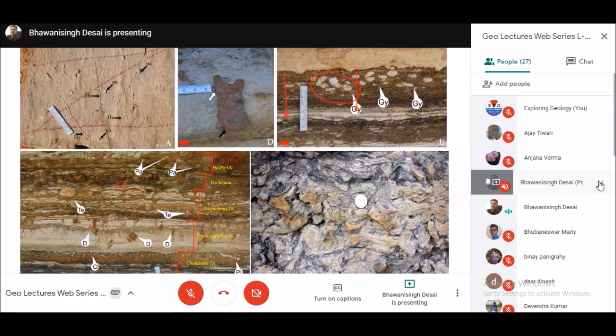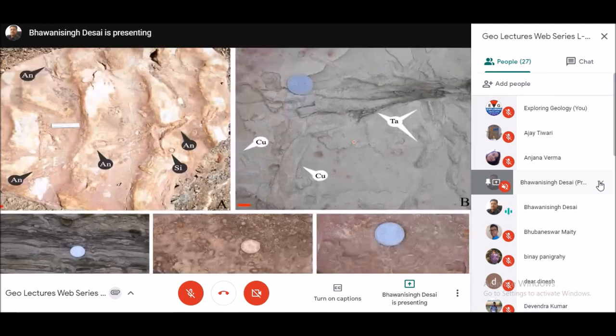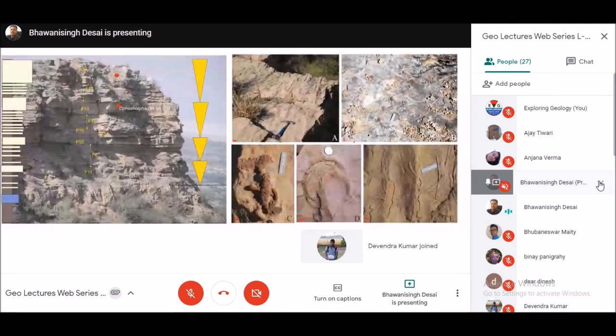And then a lot of other things also work. A lot of Ophiomorpha in this. Similarly, you have a lot of escape structures, different types of this. So what it concludes is that it was a deltaic system, which was a river dominated delta. And what helped us is the ichnology, or the ichno-assemblage and ichnofabric, of this rock. It helps in understanding that. And you can see more of this.